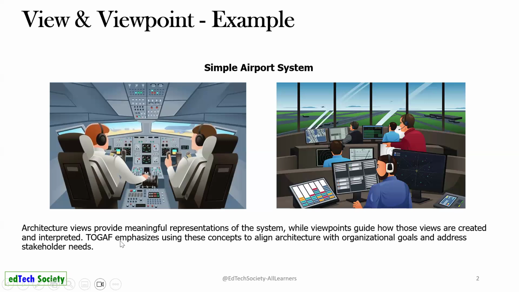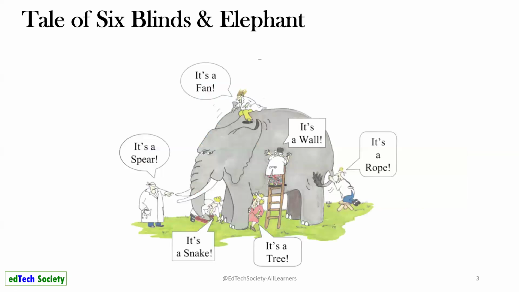Now, architecture views provide a meaningful representation of the system, as we have written here, while viewpoints guide how those views are created and interpreted. Exactly what I just explained. So TOGAF emphasizes using these concepts to align architecture with organizational goals and address stakeholder needs. So this is the example of view and viewpoint. If I go to the next slide,